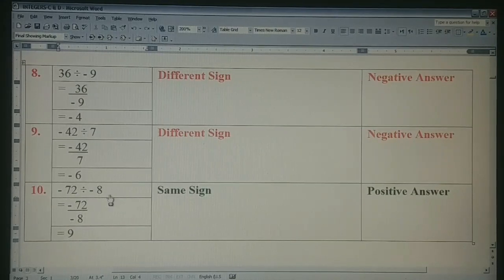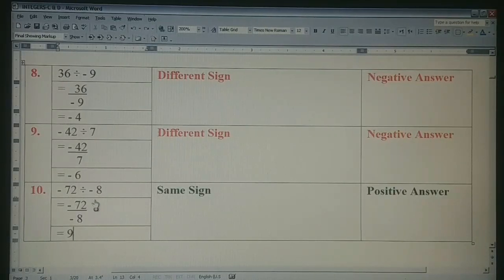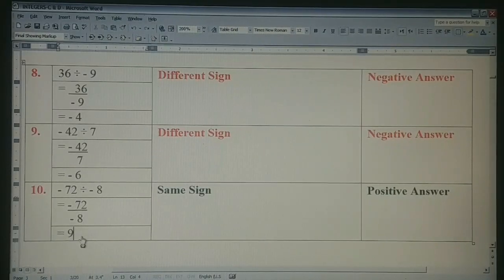The last question, that is the 10th question. Minus 72 divided by minus 8. Minus 72 is written in the numerator. Minus 8 is written in the denominator. Both have the same sign. Same sign division. Our answer will be a positive answer. So with 8 we can cancel 72. 8 ones are 8, 9 eights are 72. 9 upon 1 is our answer. Final answer is only 9, that is positive 9. So here our division topic gets over.